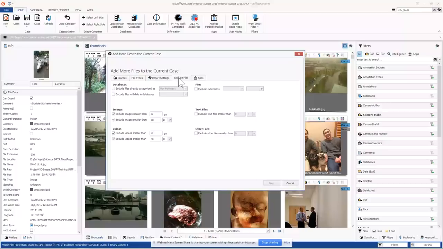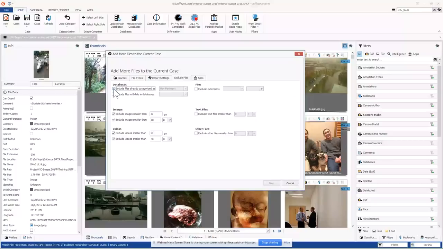As you create a case and import evidence, you can set it to exclude files that have already been categorized. So as it checks them coming in, if you select non-pertinent and check this box, as it processes the data in, it says, hey, this is a non-pertinent file. Don't even bring it into the case. That's one way that you can exclude lots and lots of files that are going to be irrelevant to you.